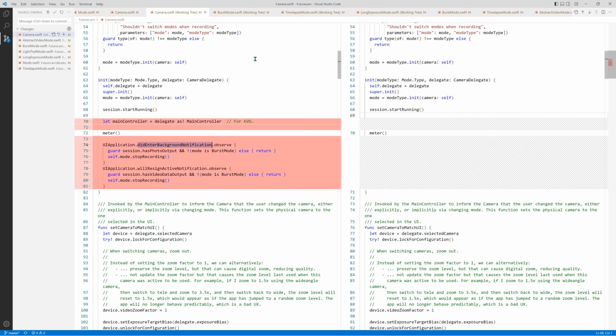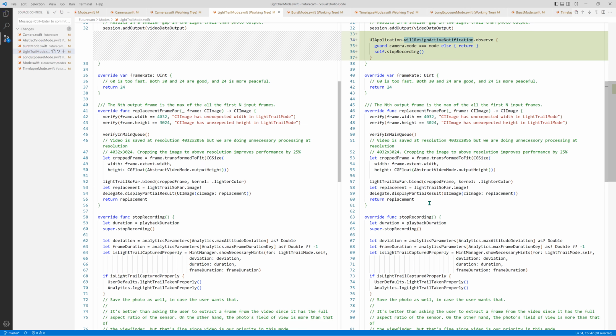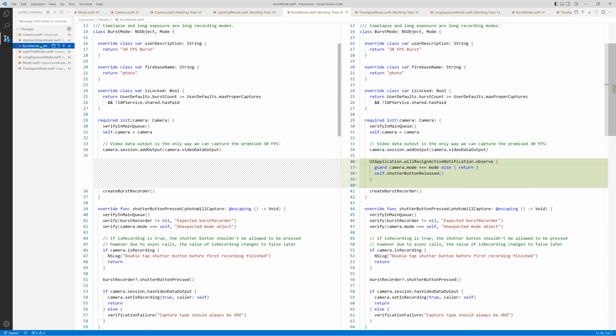This is also something we need to figure out. Why are we doing it? Can we handle both the same way? But anyway, so now will resign active should be used with video data output, which is used in light trail mode and in burst mode. So you can see how clean this code is